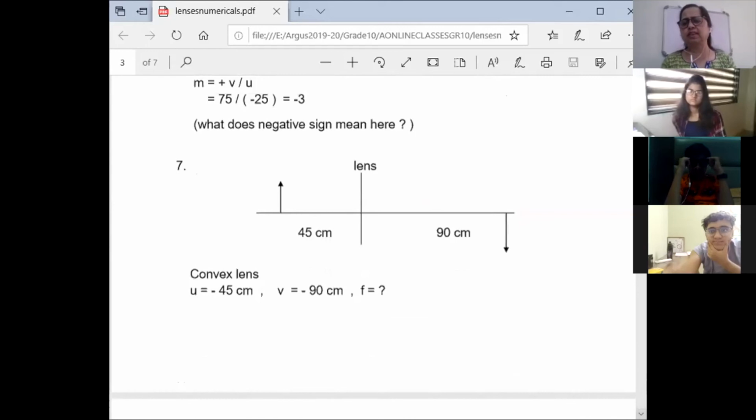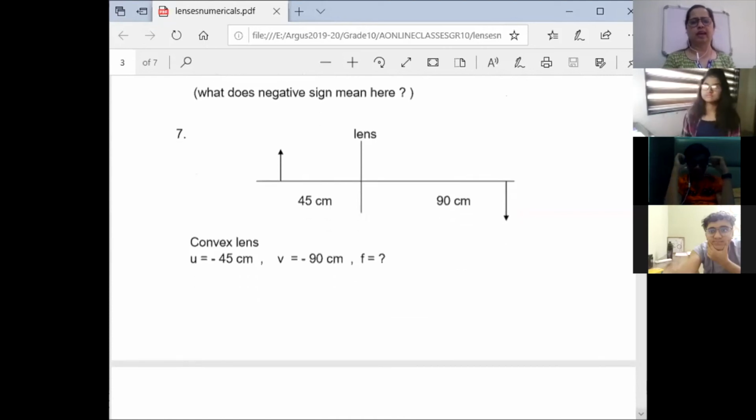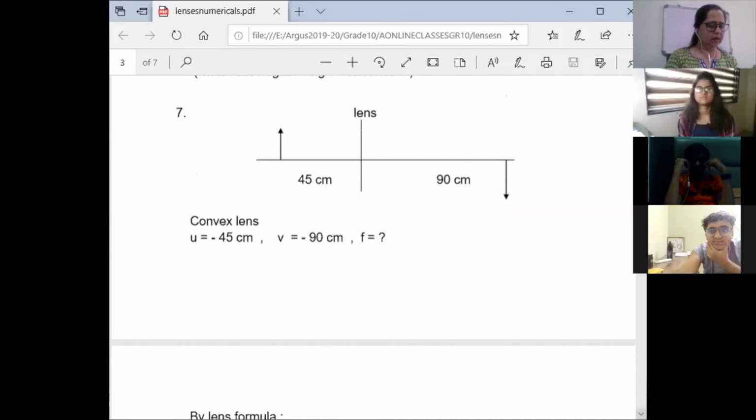After this, I'm going to do chapter 4. Next session, I'm going to start the first chapter 4. It's a nice, interesting chapter, a very new topic for you. You will enjoy it. Just go through it. Maybe tomorrow, since we have a class tomorrow. Now, let us see the seventh one.